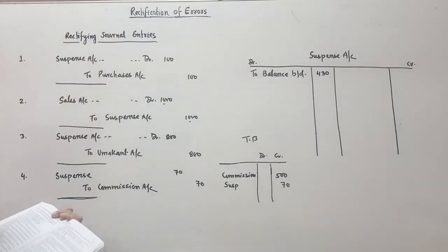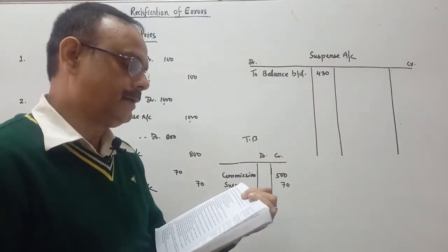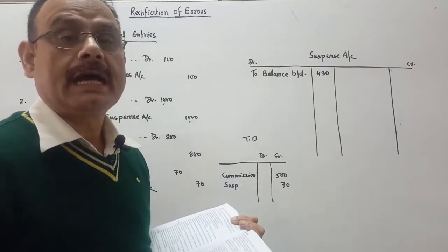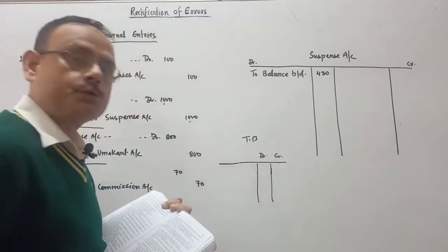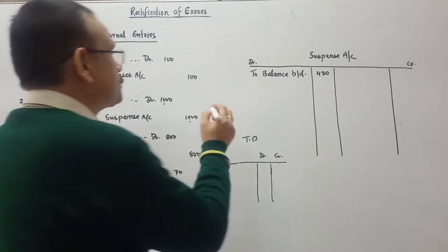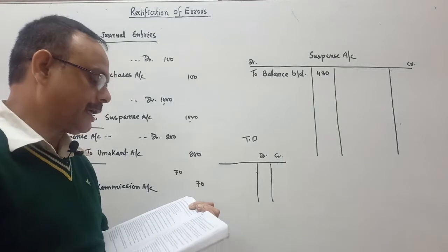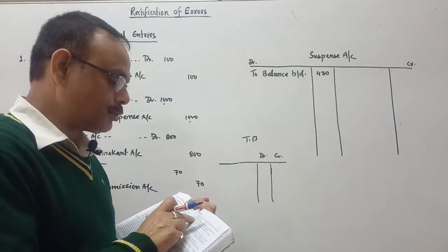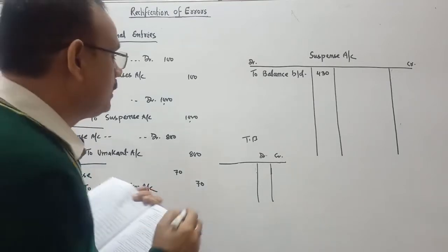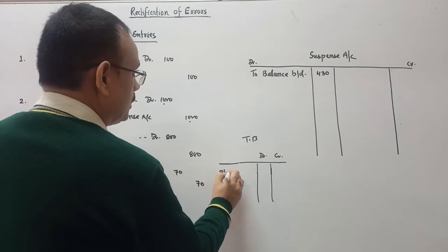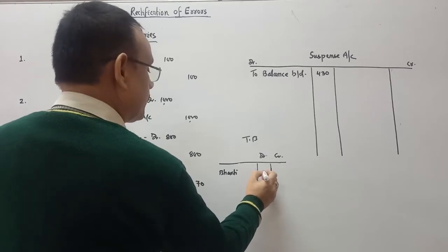The next is goods sold to Bharti 4,400 has been posted to her account as 4,000. You see in this trial balance, goods sold to Bharti, you know that when the goods are sold to Bharti, so Bharti account debit to sales account. This is the entry for sales, Bharti account debit to sales account. So goods sold to Bharti 4,400 has been posted to her account, means in Bharti account we have posted 4,400,